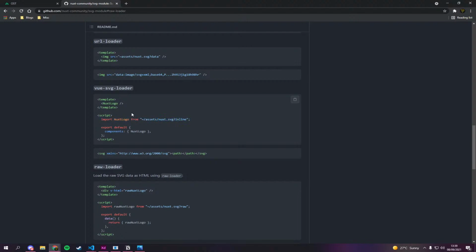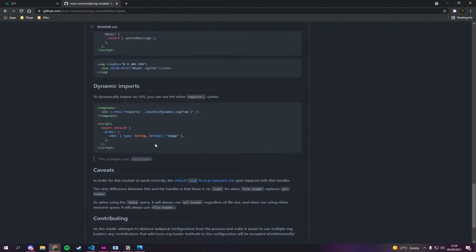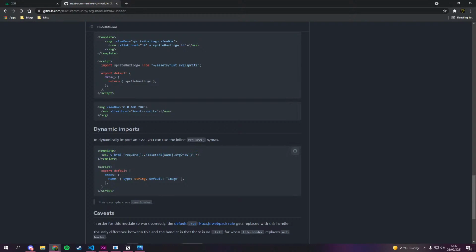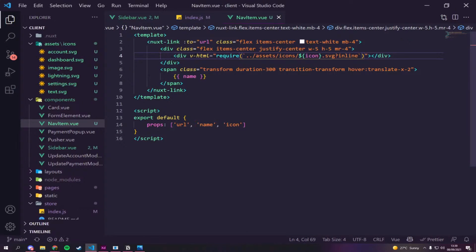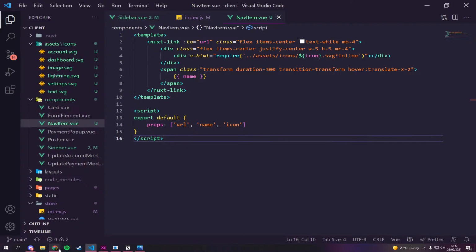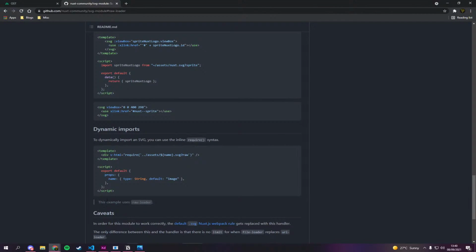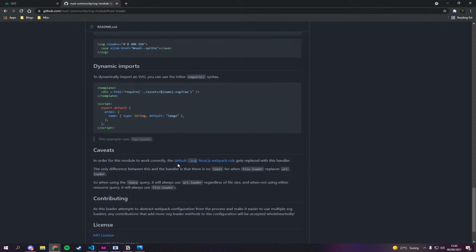I can't import it like this because it needs to be dynamic. So it needs to be in here. It kind of needs to be how this says, but I've done it exactly like that. Diff HTML. Let's have a look. We do it right. Diff HTML require the path, which is correct, as it'll throw an error. We've seen that happen. And then inline. I feel like that should work, but it's not. Someone who is smarter than me, please send a message.